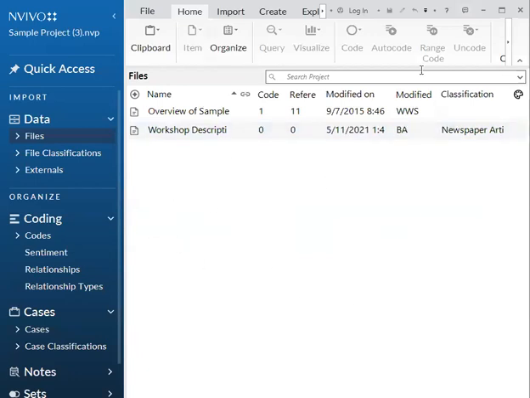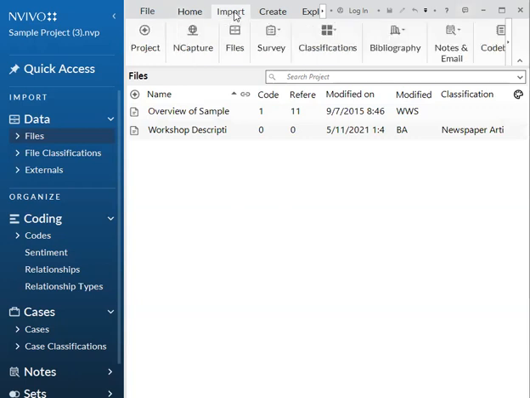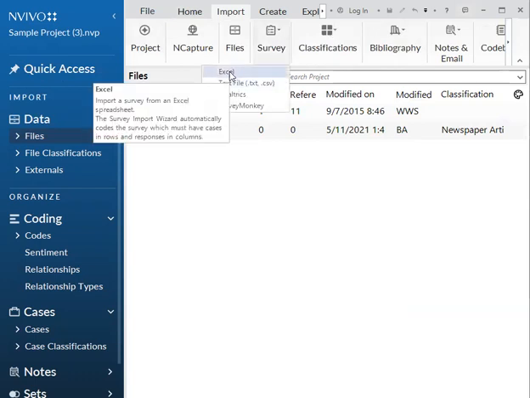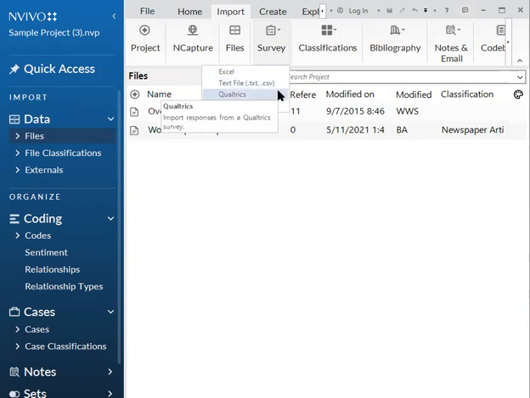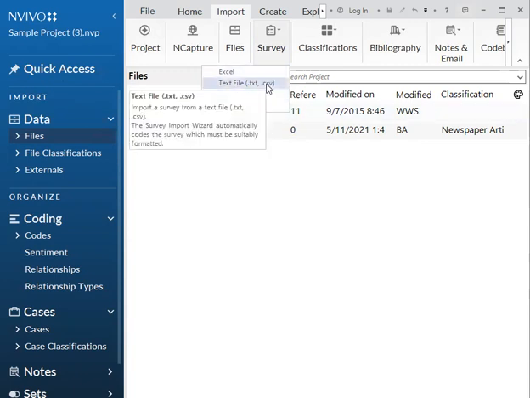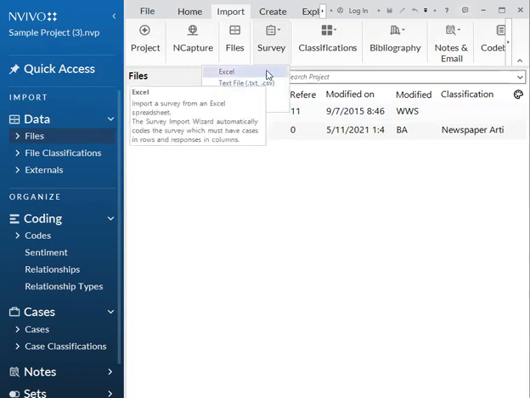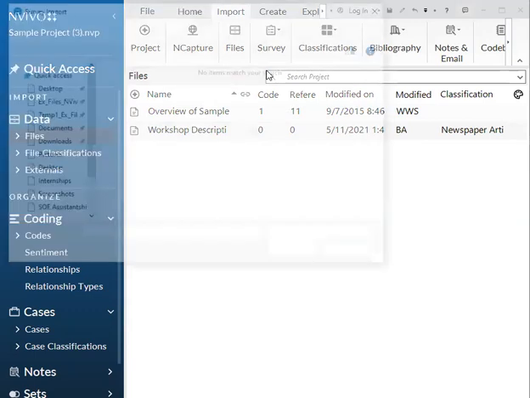Okay, now that we have the NVivo window up, here on the left-hand side, you'll see Files. To import a new file, we would just go to the Import tab at the top, and you'll see a bunch of different options. And under Survey, you have the options to do an Excel file, a text file, or if you want to connect your Qualtrics or SurveyMonkey accounts, that's also possible. I have my example for file as Excel, so I'm going to select that